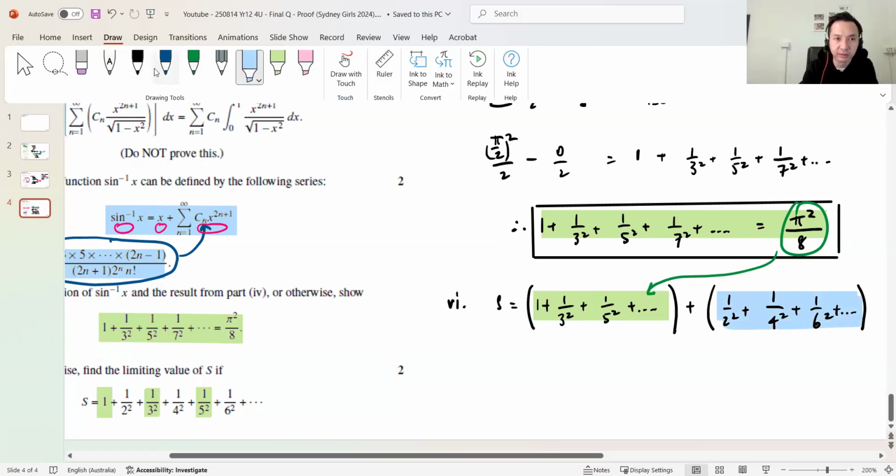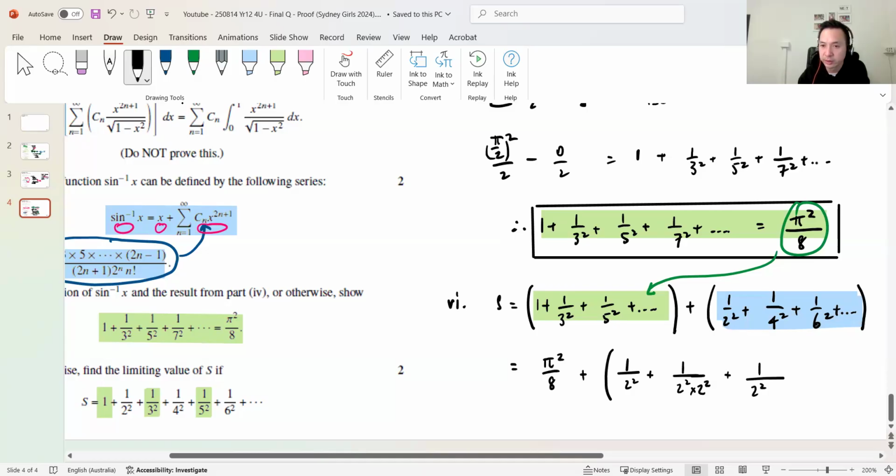I know, factorize. Let's factorize, right? So sub in pi squared on 8 for the grade. And for this bit, maybe take out 1 on 2 squared. Is that what I should take out? No. Maybe. Maybe I do, but I just got to figure out what that is. So that's like 1 on 2 squared plus 2 squared times 2 squared, right? That's 4. That's like 1 on 2 squared times 3 squared. So when I do factorize it, I sort of get like,